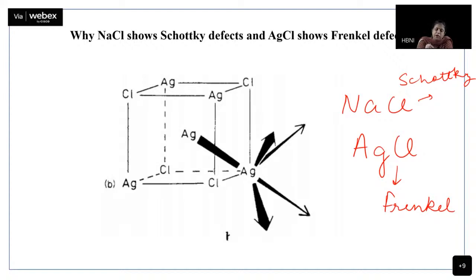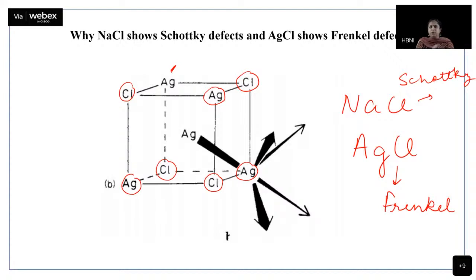Okay, so if I now assume, in that bigger cube, you try to imagine 1/8 of the cube. Suppose this is my Ag at the corner. Okay, this particular chlorine would be at the edge center. This particular chlorine would be on the other edge center. This is my Ag at the face center of the bigger cube. Okay, and this particular chlorine is the third axis's edge center. This Ag is the other face's face center, and this Ag is the other face's face center, and this chlorine is actually the body center chlorine.